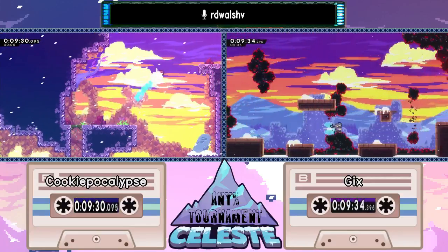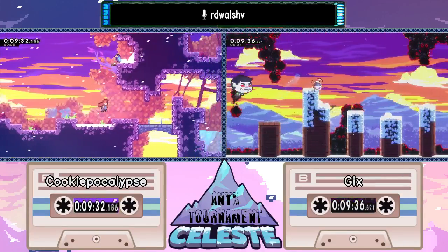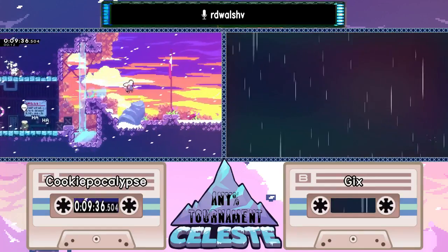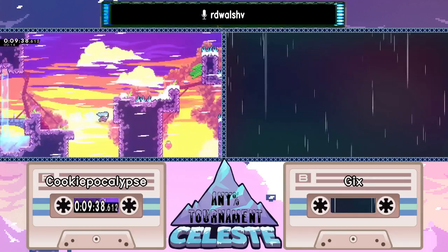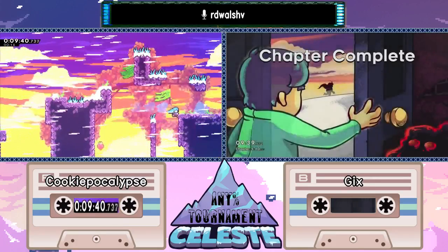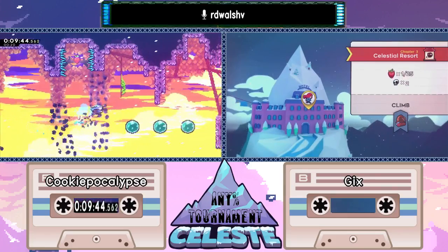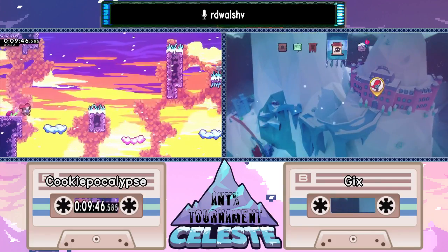Alright. Meanwhile, Gix is following not too far behind. He's on the last screen, and a death here could be pretty costly if that ends up happening. That's one of the reasons why you saw Cookiepocalypse take that extra precaution of ducking. And Gix took that extra precaution of waiting for that dust bunny to cycle down,